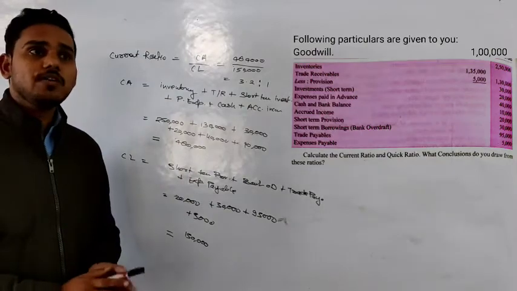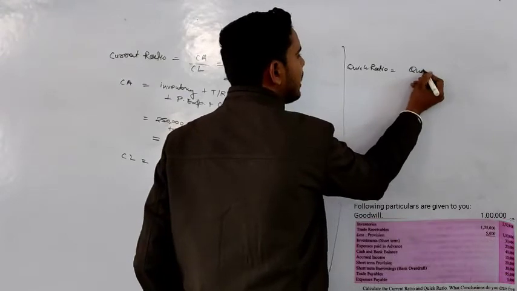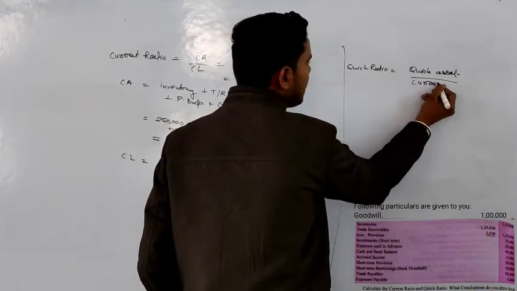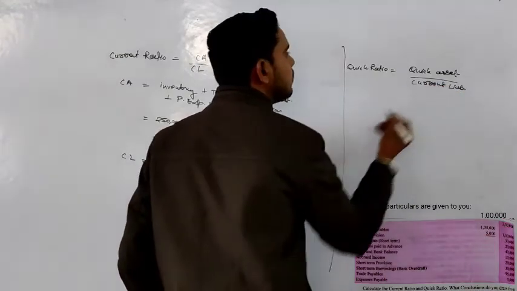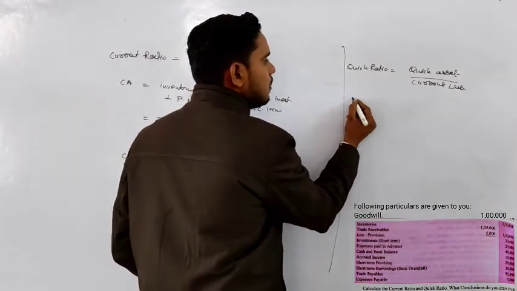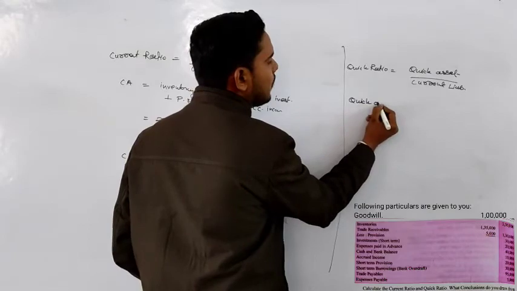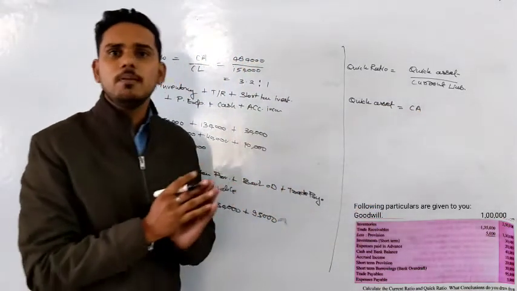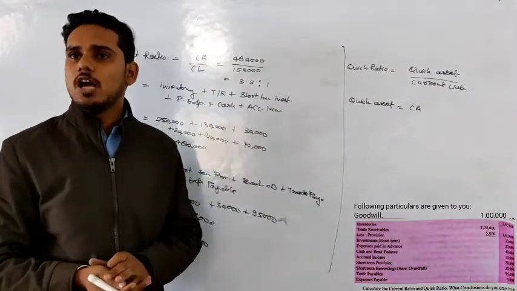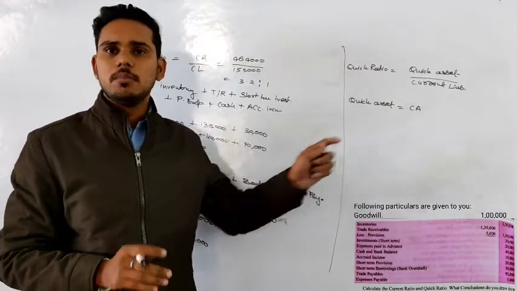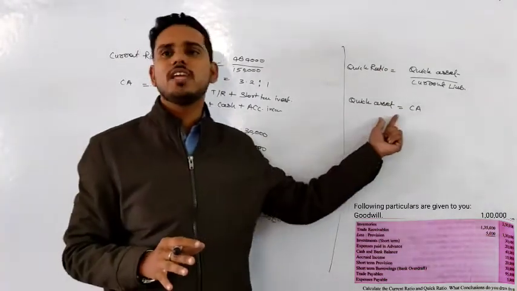Now let's see how we can calculate quick ratio in this. That is quick asset or liquid asset upon current liability. Current liability we have already calculated. We need to find quick asset. Now there are two ways. See, one, you can calculate quick asset by deducting inventory and prepaid expense from current asset, or you can only choose those things to write here. Means excluding inventory and prepaid expense, the rest we can add up.